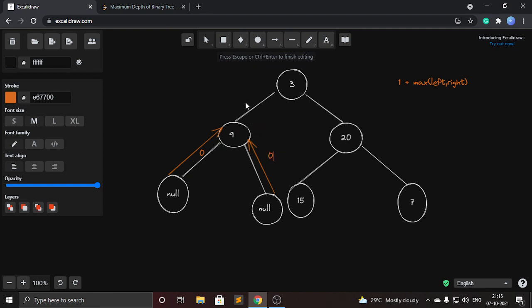So the maximum of left call and right call is 0, plus 1. So 9 will return 1. That is 1 plus maximum of left call and right call, which is 0 and 0 in this case, that sums up to 1. So 9 will return 1.